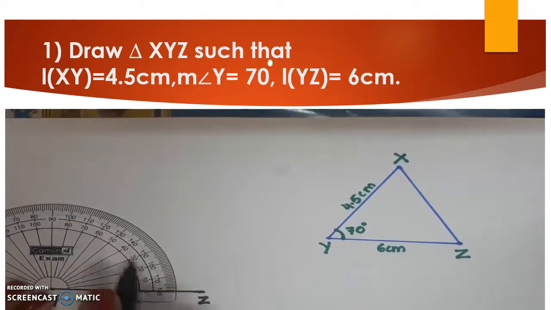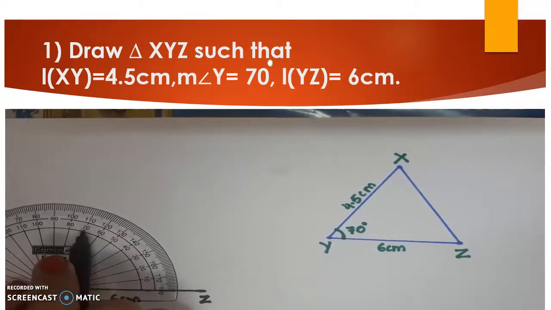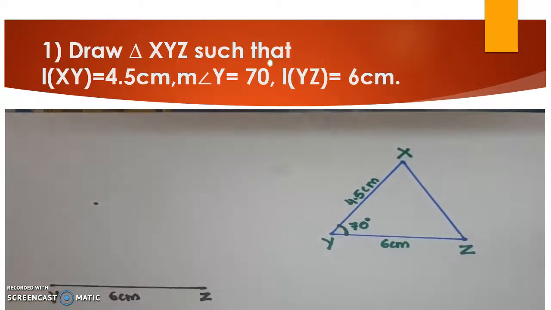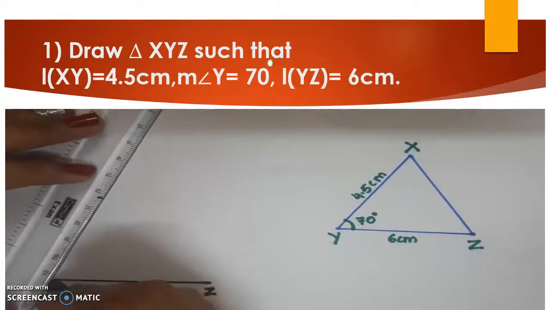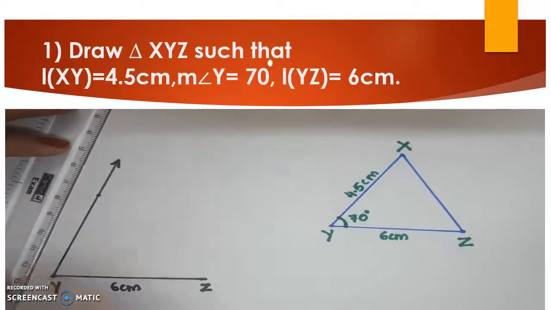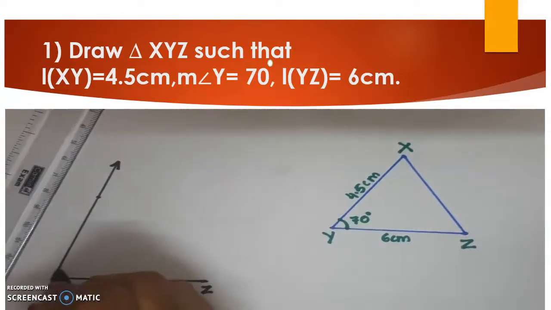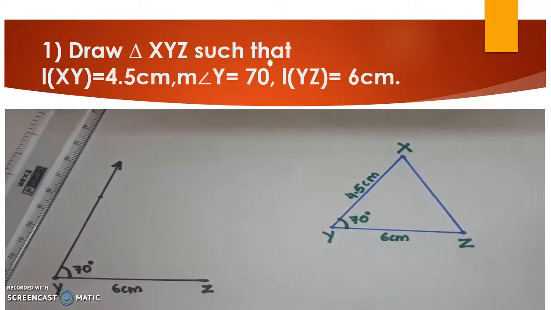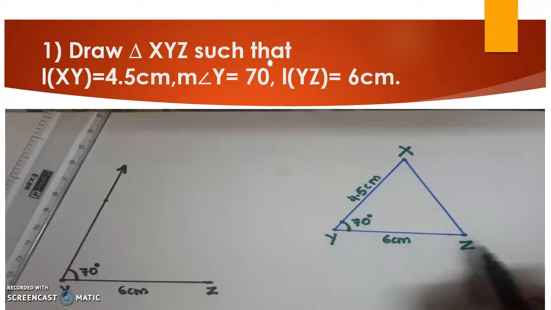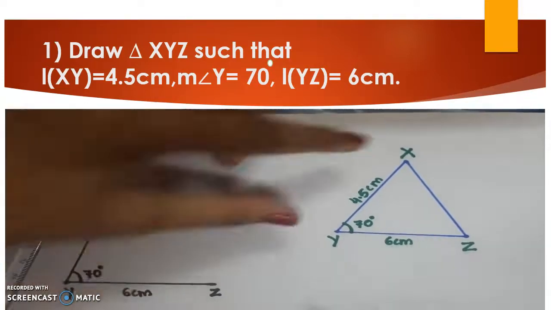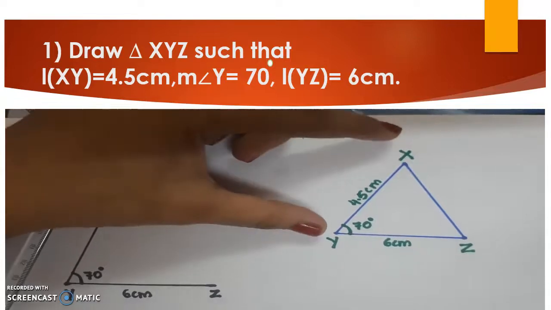So I have to draw 70 degree. I will see down where is 70 degree. So here down I have 70 degree. Here I will plot a point and then I will join it with Y. We will give an arrow here. Now this angle is 70 degree. So we will show a symbol of angle and we will write 70 degree. Now till here our segment YZ we have finished. Then we have drawn angle Y. Now this part is left.